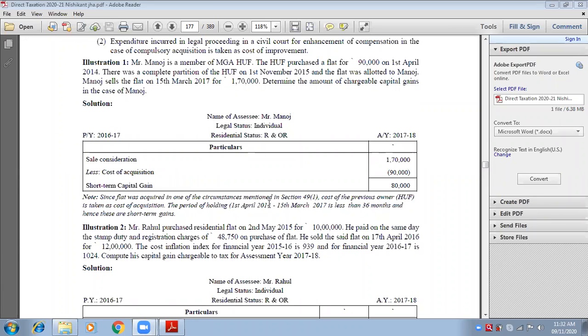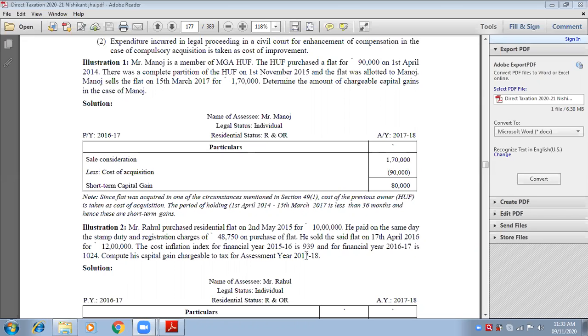Okay, चलो, very good job। अच्छा, अगर ये non financial asset है then it has to be considered according to 36 months. Tell me, is it held for less than 36 months or more than 36 months? Ma'am, less than 36 months. Yes, because you are purchasing it in the year 2018 and you are selling it in the year 2019. So it is short term. Because it is short term, the format of short term has to be applied.